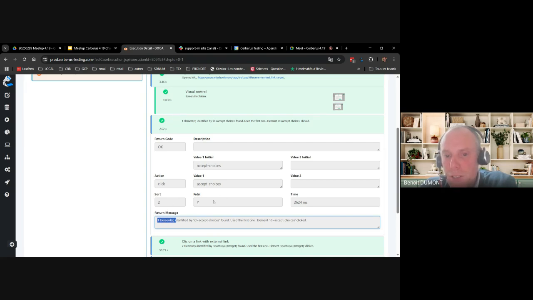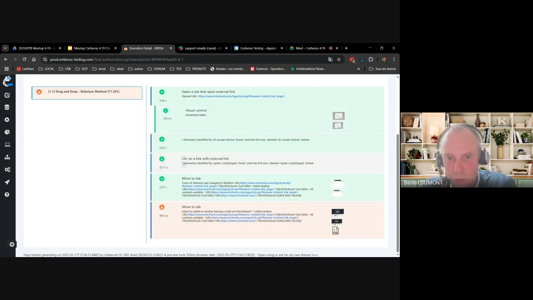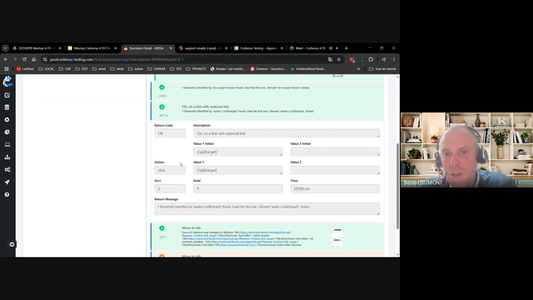Here is an example of a correct XPath. Basically it's pointing to an ID that is unique. So Cerberus will report and confirm that the ID and element is unique. So obviously we selected the correct one. And this is an XPath that is a lot more generic.